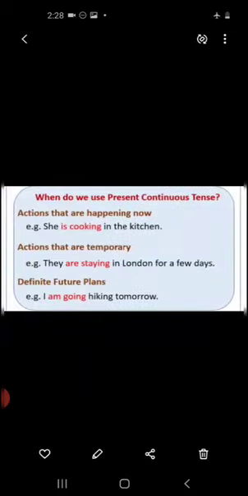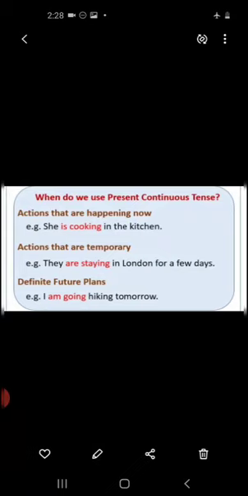Now the next one is present continuous tense. All right, present continuous tense. Very first we have to know where we use present continuous tense. Present continuous tense is used for the actions that are happening now, and for the actions that are temporary, and for definite future